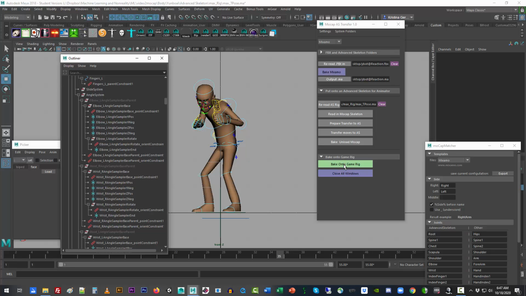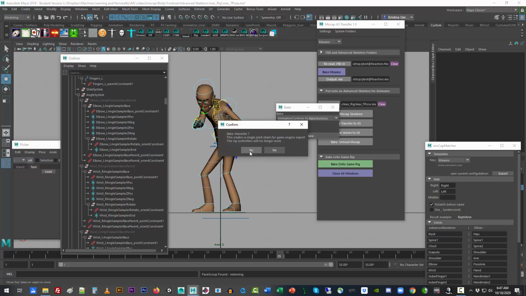So this is a way that you can bake it onto a game rig, because what happens is advanced skeleton actually creates a simple hierarchy of skeletons for any easy transfer into a game project, and gets rid of this complex thing where there's like facial and all kinds of stuff. So just hit bake onto game rig,